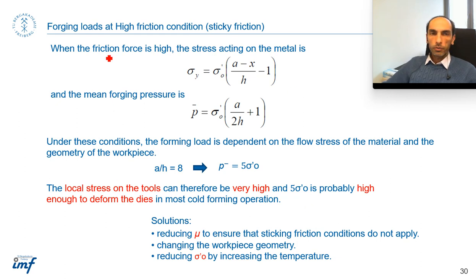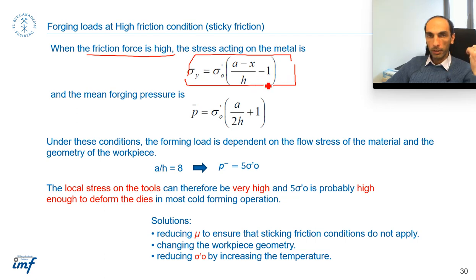When the friction force is high, then we can write the equation in this form, and it's based on the equation we obtained in the low friction condition, and then the mean forging pressure can be obtained using this equation. I do not bring the calculation for forging load at high friction. It is similar to the calculation for the forging load at low friction condition. However, this is the final equation,